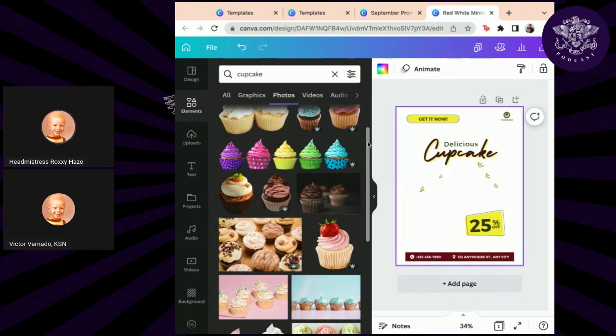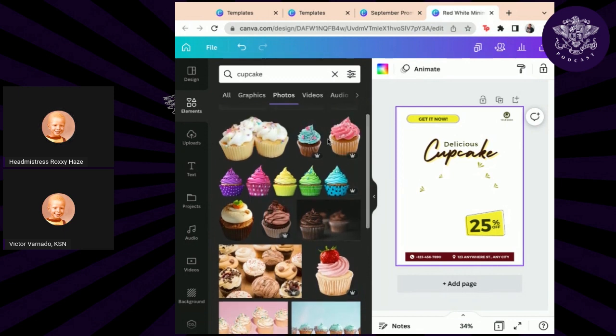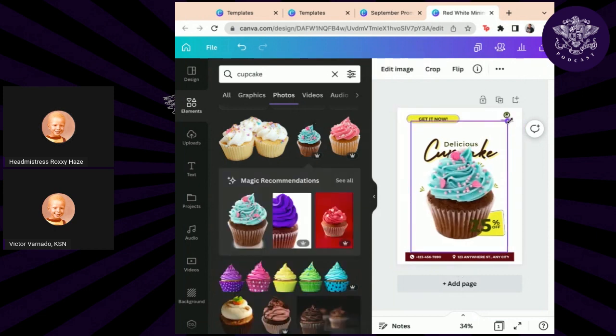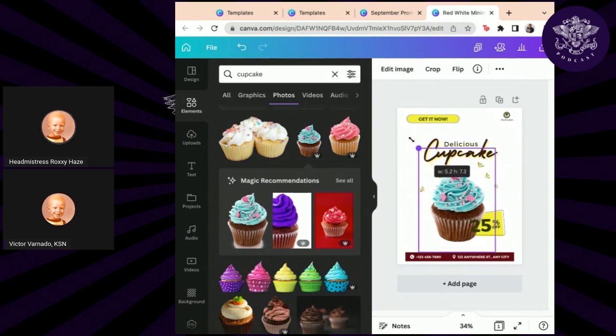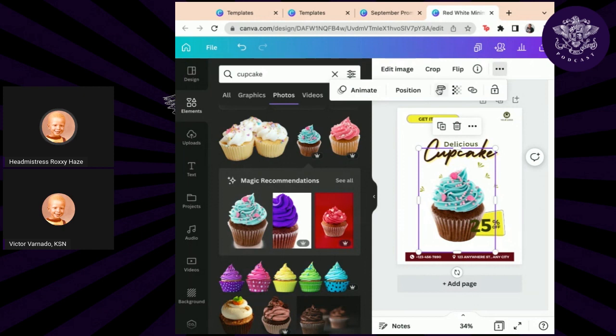So I actually want to switch up my cupcake. Which one do I want? I think I'm just hungry. If it's for kids, I want a more colorful cupcake. I'm going to use this one. Okay. So for those of you listening, I have a chocolate cupcake and it has blue and pink sprinkles. I feel like that is very appealing